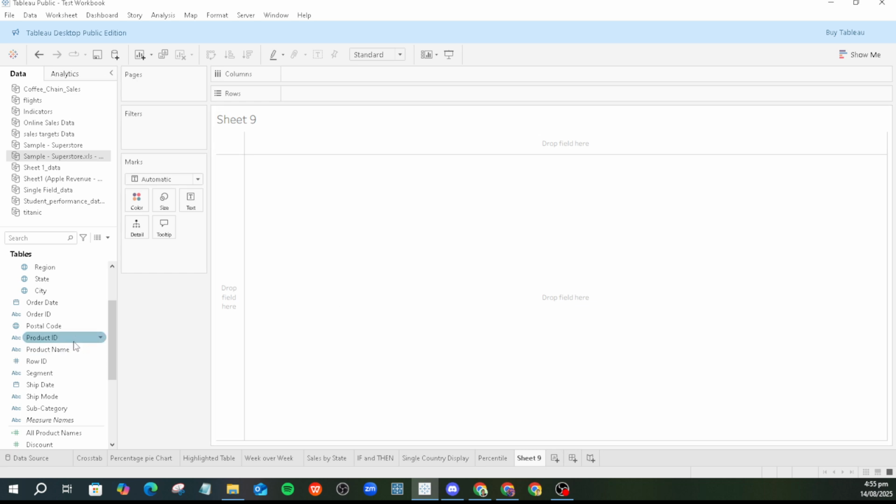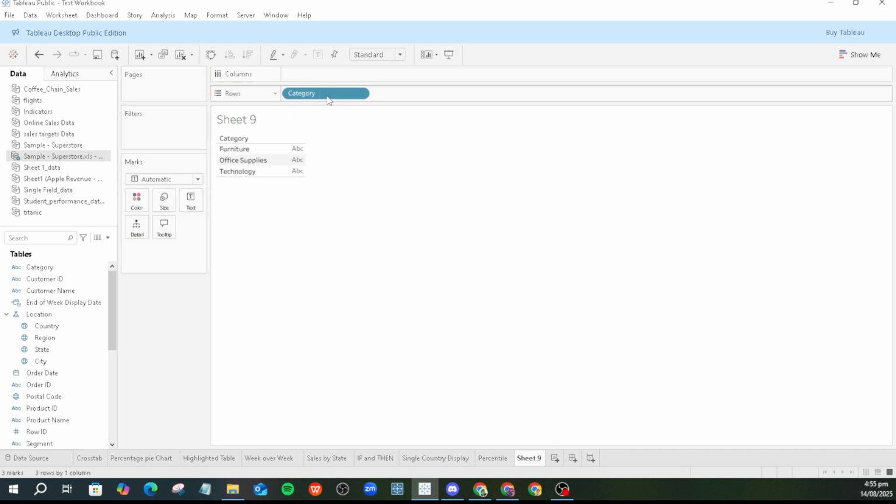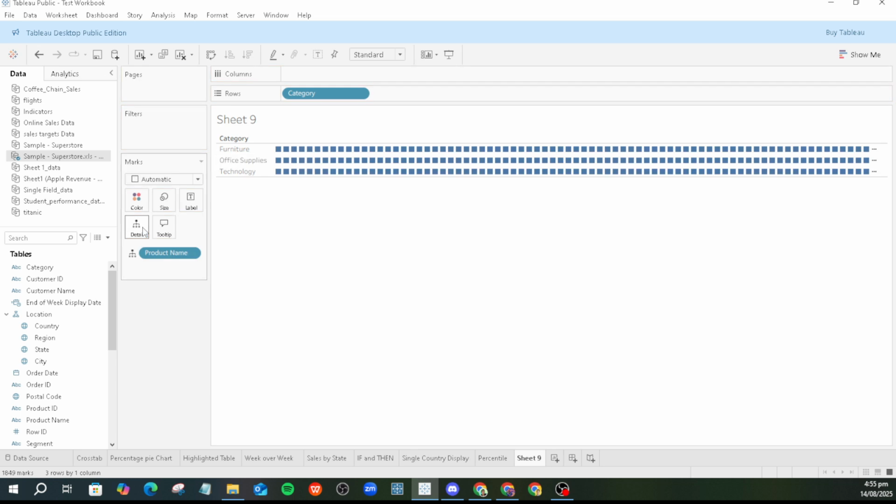Now, you'll need to begin by dragging the category field into the rows shelf. This action allows you to organize your data better visually, setting up a foundation for your scrollable list. Next, locate the product name field in your data pane and drag it onto the details shelf. The product names need to be present to complete the following steps of creating a more dynamic interaction on your